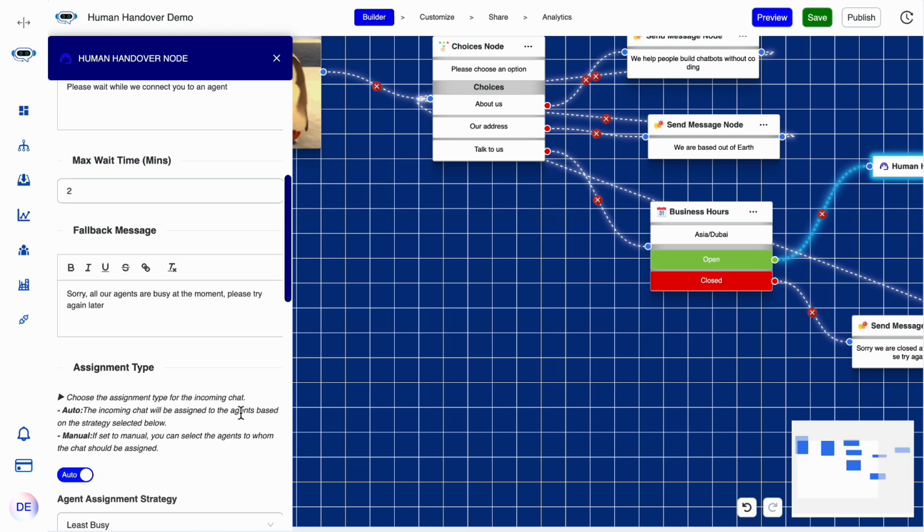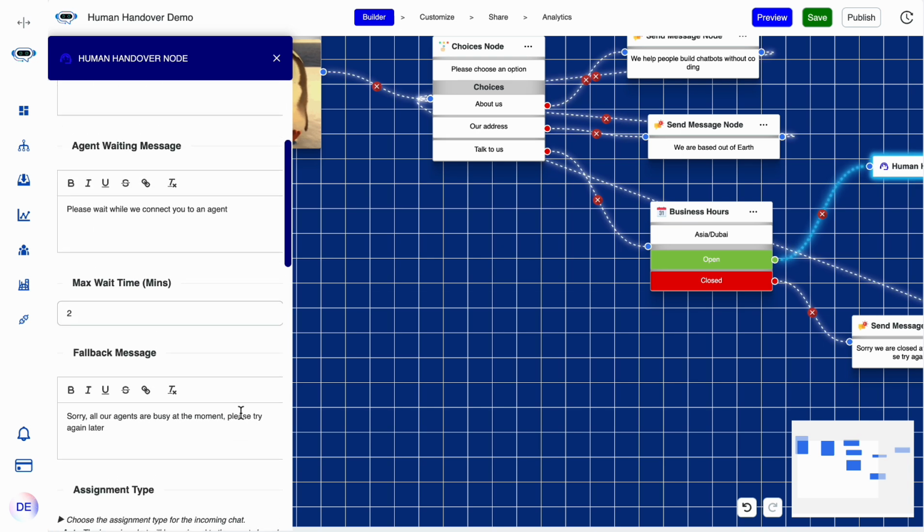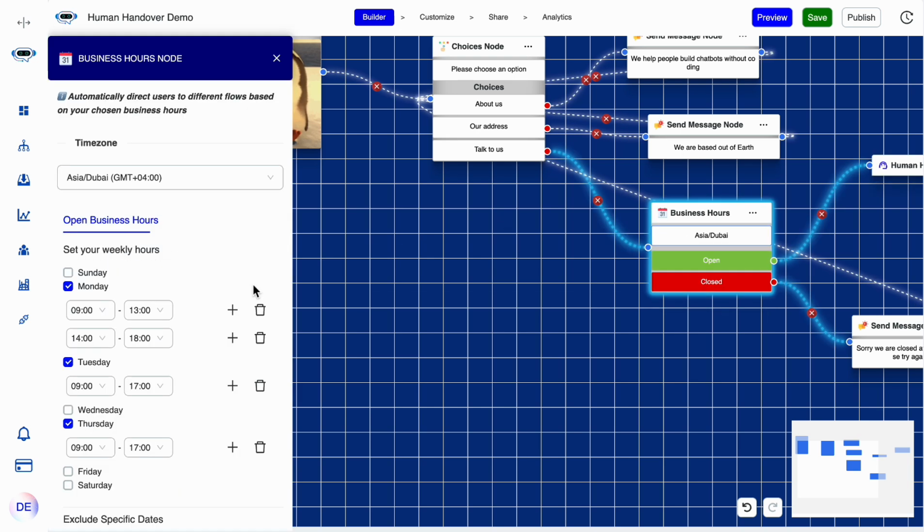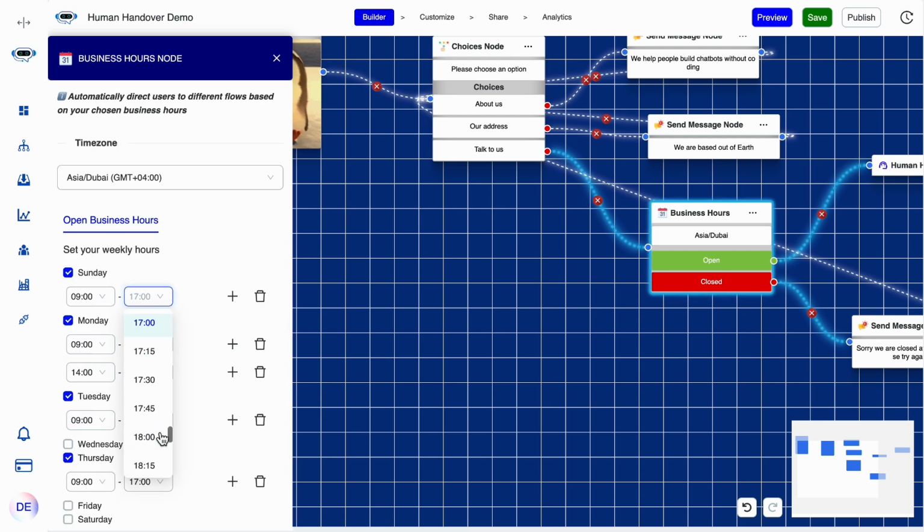Let me select the notifications on in the meantime. Close this. Go back to the Business Hours node. Yeah, today is a Sunday. I'm recording this on a Sunday, so I forgot to enable it. And let me set it to late midnight. It's almost 9:30 now, so let's set it to 12:45. Now if we were to save and preview it,